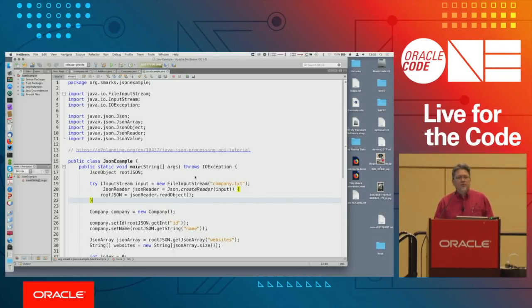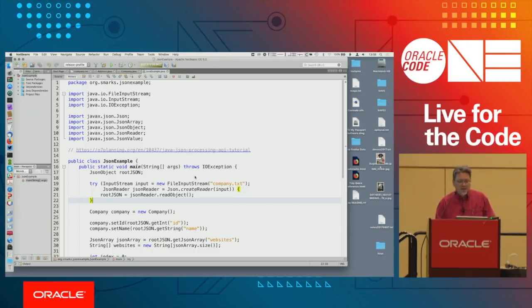NetBeans has transferred from its netbeans.org into Apache, and they've just released NetBeans version 9. Since the transition to Apache has taken some time, the version numbers are now out of sync. So even though it's NetBeans 9, it actually supports Java 10. So var does work in here. They're working on Java 11, and they're trying to get a release of NetBeans out that supports Java 11 in